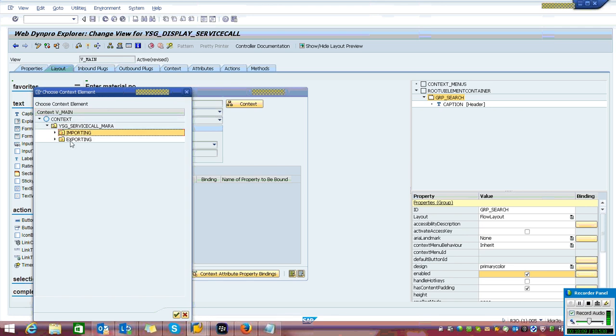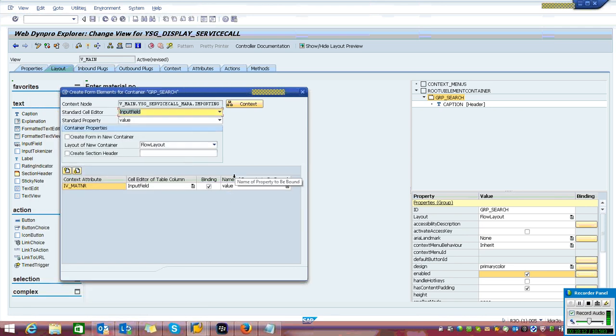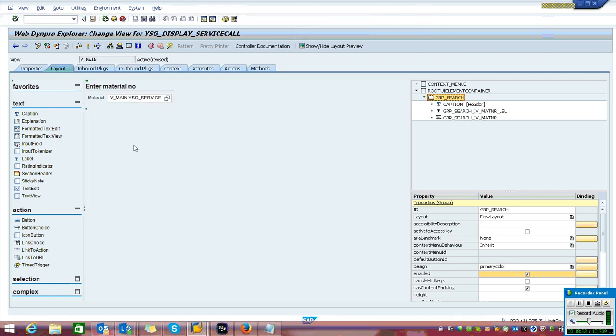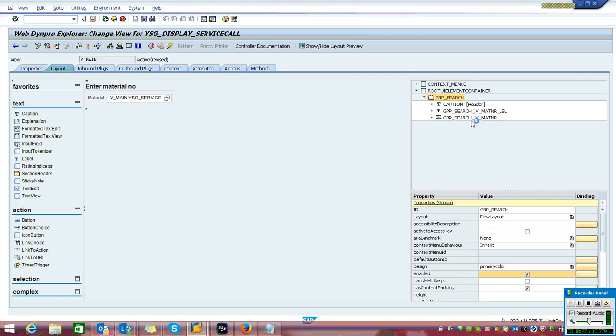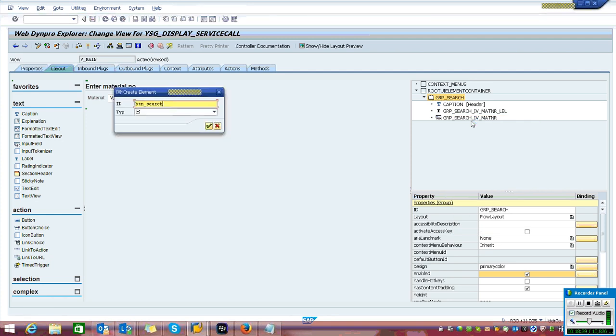Select the importing node, say continue. Okay? We have an input field, and the input field has a property called value which is bound with the attribute IDMATNR. Say continue. Okay? Now to the group, I'll create a button, say BTN_SEARCH,